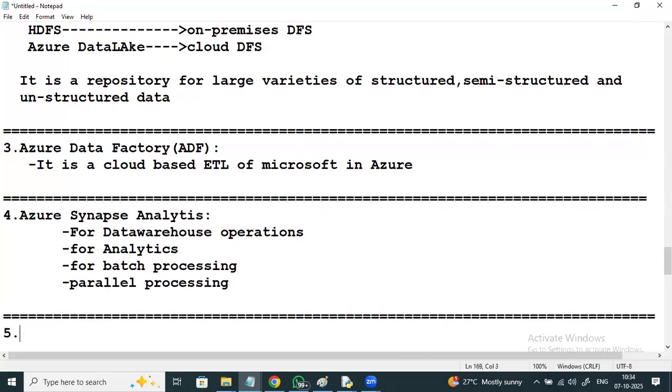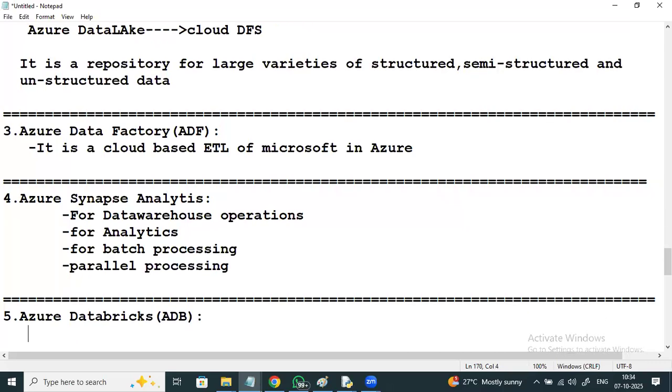Azure Databricks, ADB, is one of the important services.